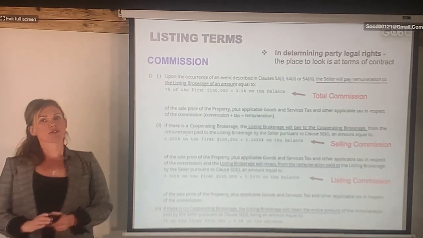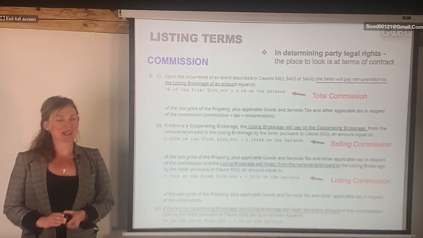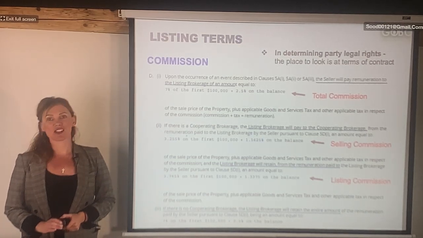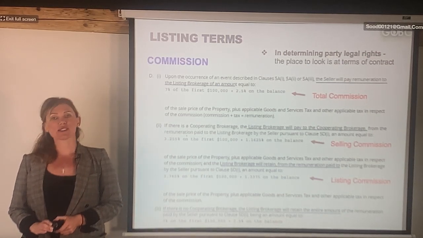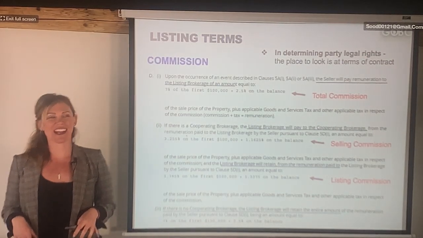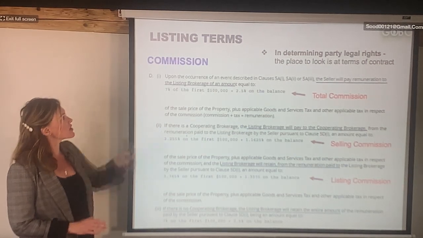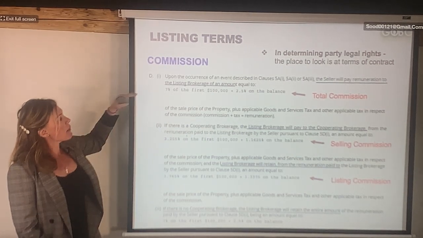Okay, so let's talk about different terms. When you sign a listing contract, one of the things we always negotiate, as I said earlier, is commission. There are no standard commissions in British Columbia. You're not allowed to say it's just standard, a normal rate, because there's no maximum and no minimum. So when it comes to commissions, you have to understand that you will add it and specifically show them how much is going to be yours.